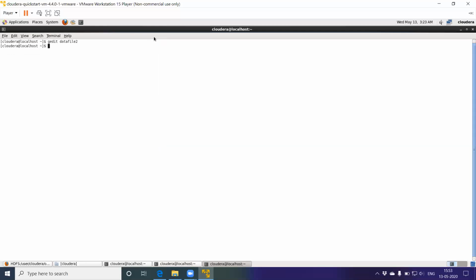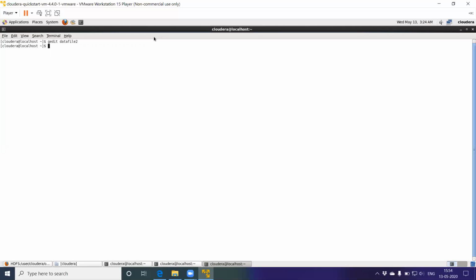Now to load the data, we can run Pig in both local mode as well as in MapReduce mode. To run Pig in local mode, you have to use pig -x local, and to run it in MapReduce mode, you just use pig. Though you use local mode or MapReduce mode, the Pig Latin commands remain the same. The only difference is the path you enter while loading a file.